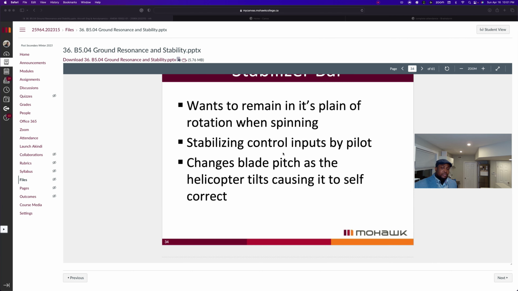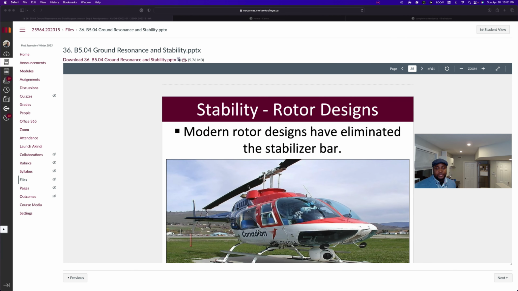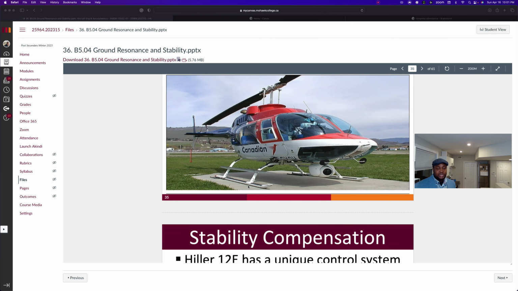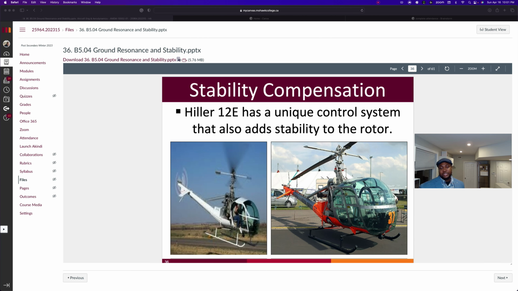The stabilizer bar wants to remain in its plane of rotation. It stabilizes control inputs by the pilot, and it also acts like a self-correct mechanism. Modern rotor designs, however, have eliminated the need for a stabilizer bar. The Hiller 12E has a unique control system that adds stability to the rotor, and this features a stabilizer bar